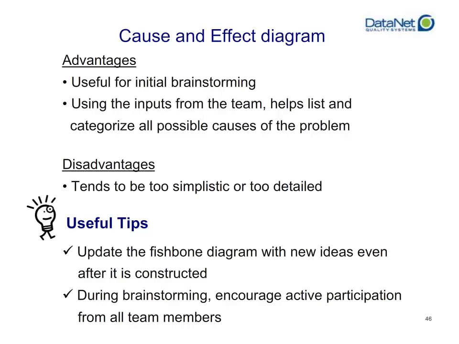So the truth tends to fall more often than not somewhere in the middle, where it isn't as easy as flipping a switch. On the other side, it's not as difficult as re-engineering your entire product. But that's why it's really good to have a well-rounded brainstorming group to help temper the potential responses or causes